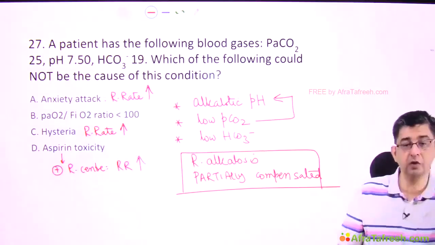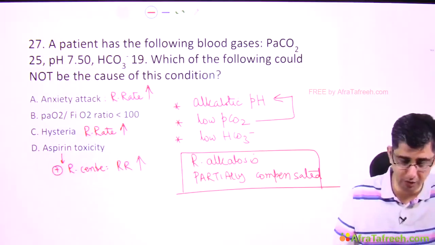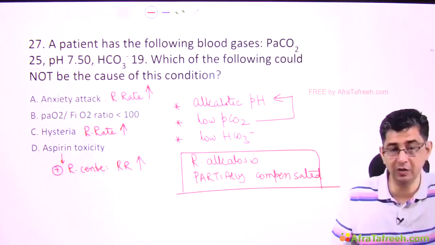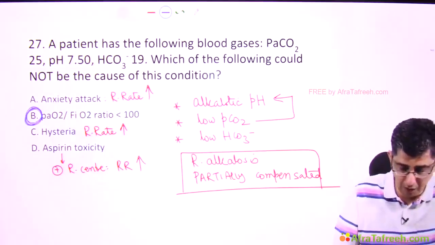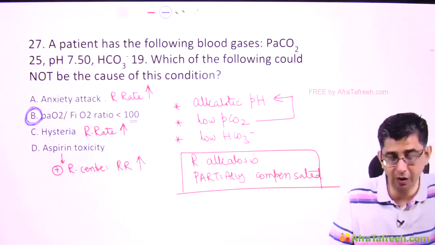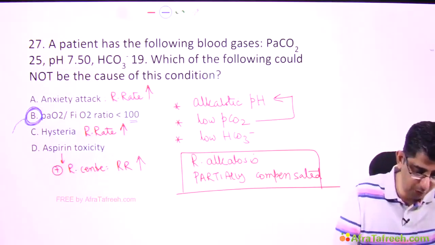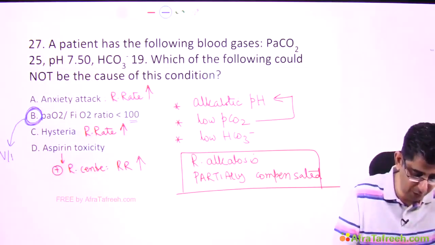The basic point is that you can solve this question by exclusion, because choices A, C, D will cause an increase in respiratory rate. The answer to this will be B, that is severe ARDS. In patients who are having ARDS, the value should be less than 300. If it is less than 100, you will notice that the patient will be having severe hypoxia that